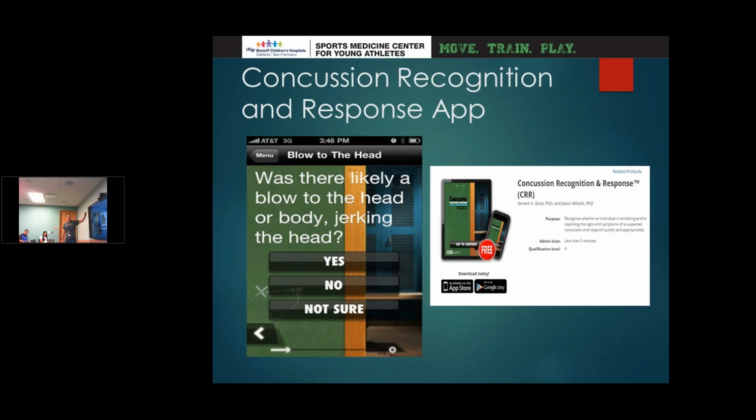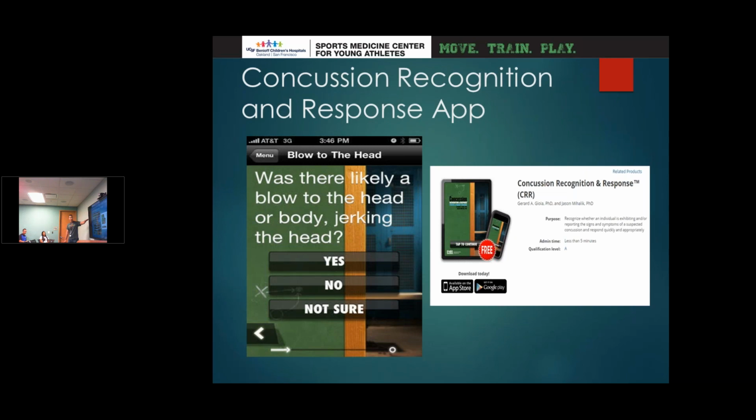So this is a very good app. Almost everybody has smartphones now. I believe it's free. If not, it's maybe 99 cents. It's called Concussion Recognition and Response App. And what it does is it walks you through step by step how to do a sideline assessment for non-medical